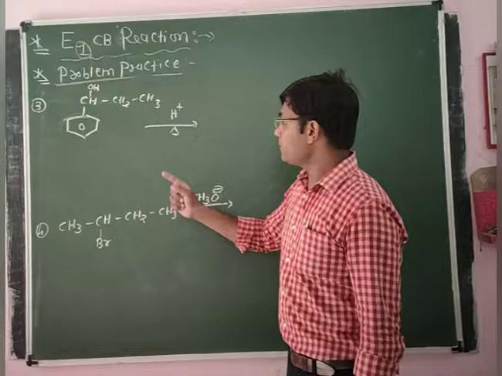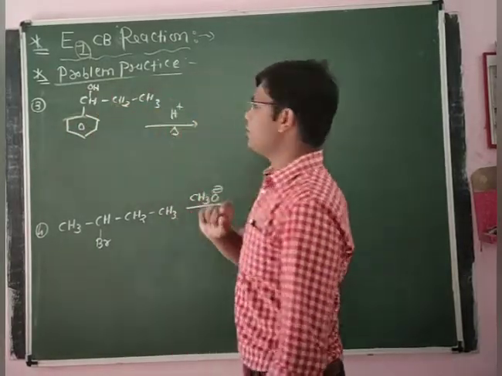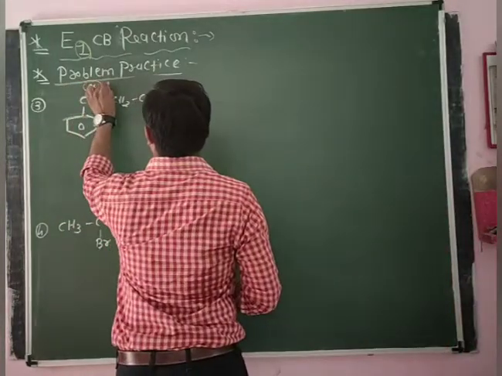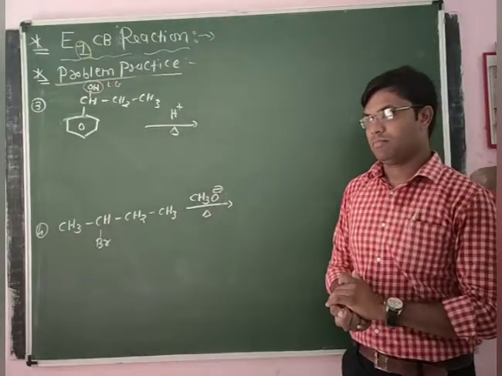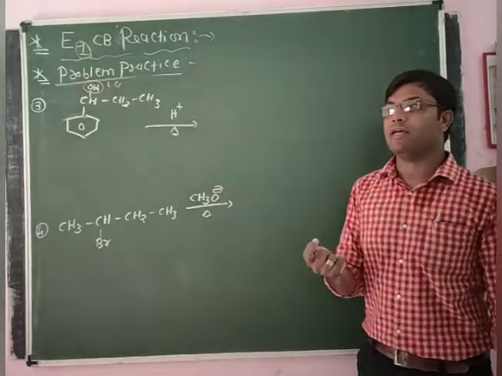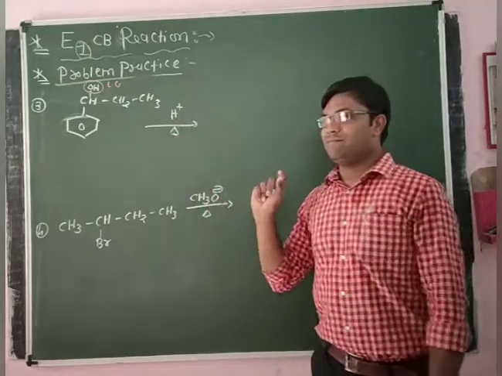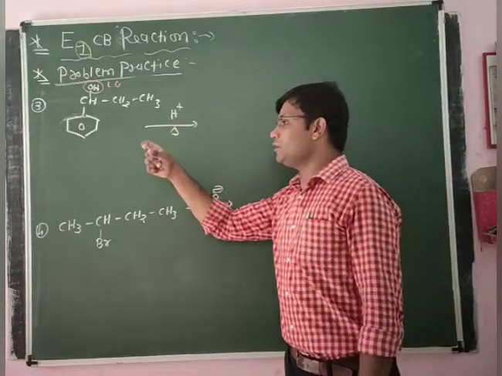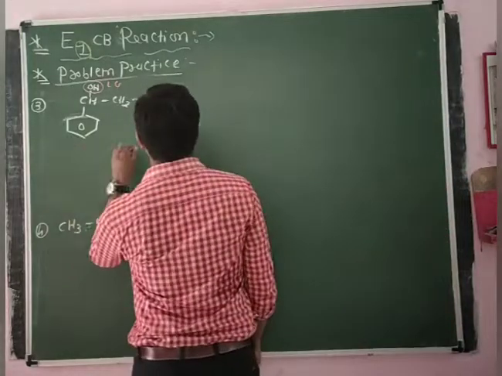So now we do more practice. The third one is phenyl CHOH CH2 CH3. Here you know very well OH is our leaving group, and it is a poor leaving group. But here our attacking reagent is H plus, so it is not a base, it is an acidic condition, or we can say this is H plus, meaning we have a protic solvent, and due to this protic solvent